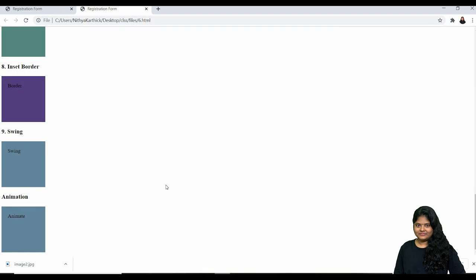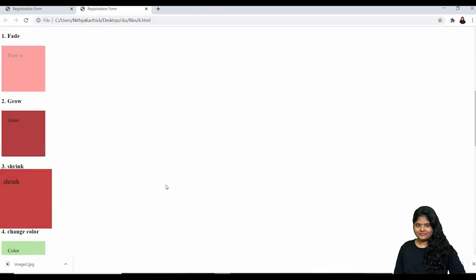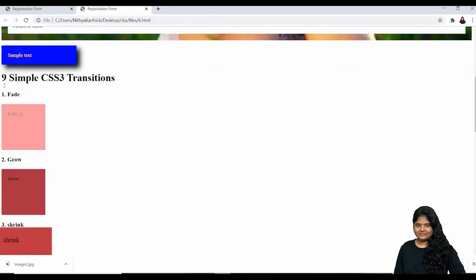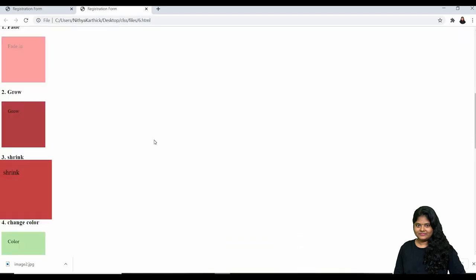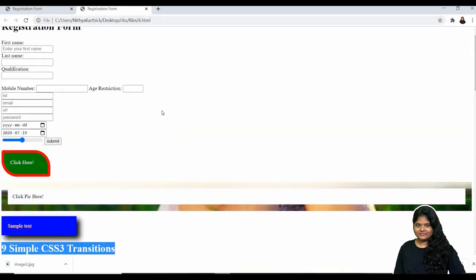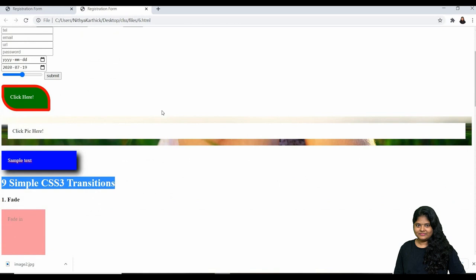So I hope you understand these concepts. You can create some sort of animation effect or transition effect by using these 9 simple CSS3 transition effects for the task. Create it and upload it in the task section. For yesterday's session I had given you a task to create a product box, right?